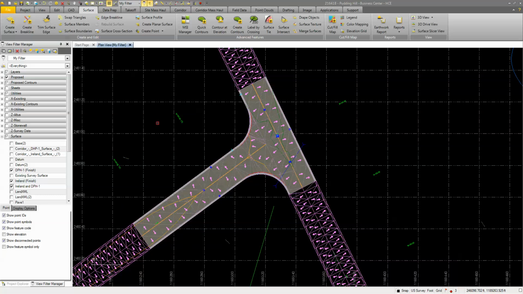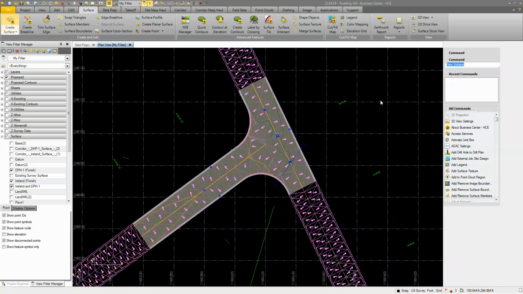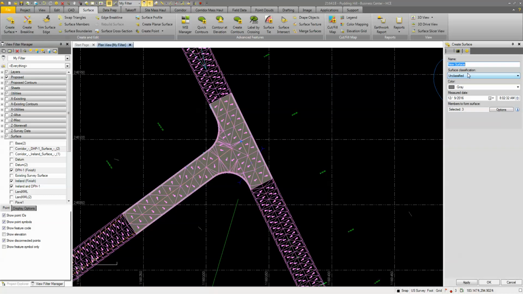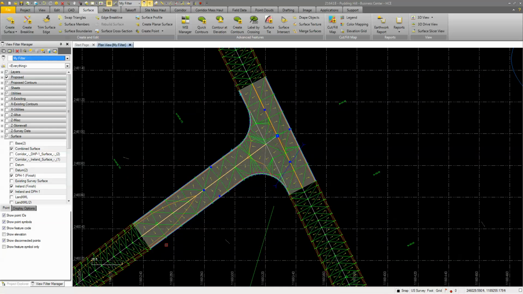So if I select those three surfaces, create surface, and we'll just call this combined surface. I'll go ahead and change the color to green so we can see a difference here. Using those three surfaces as surface members, we'll click OK. It's going to build a surface. Now you'll notice when we look at this, the densification or the density within the intersection is a result of